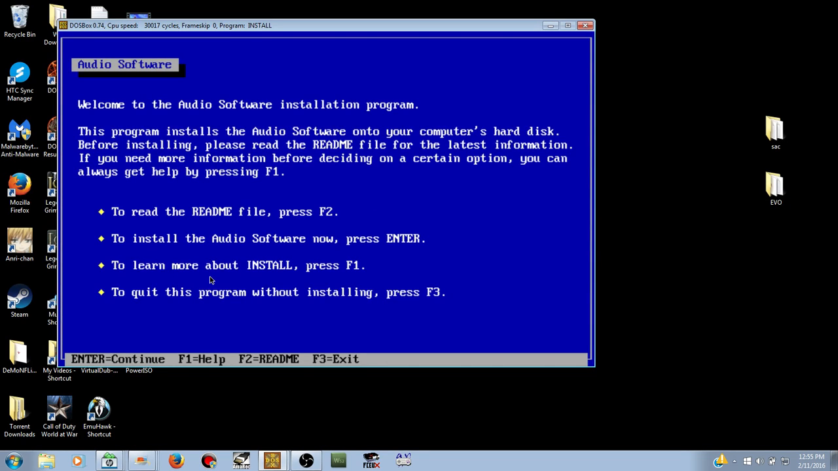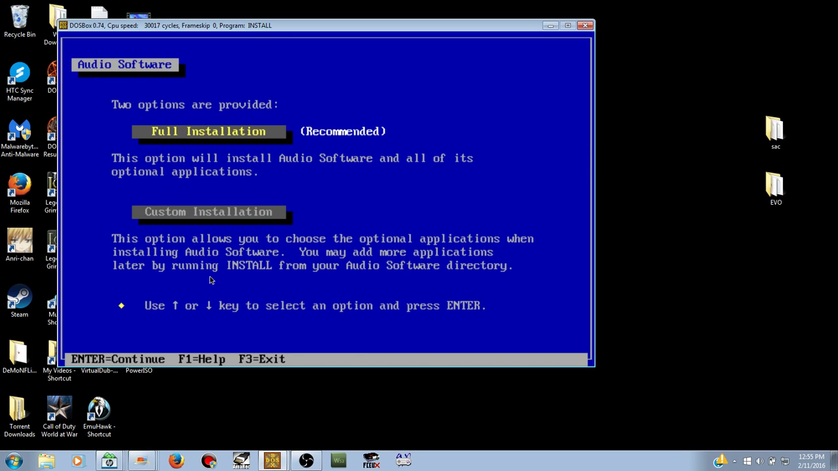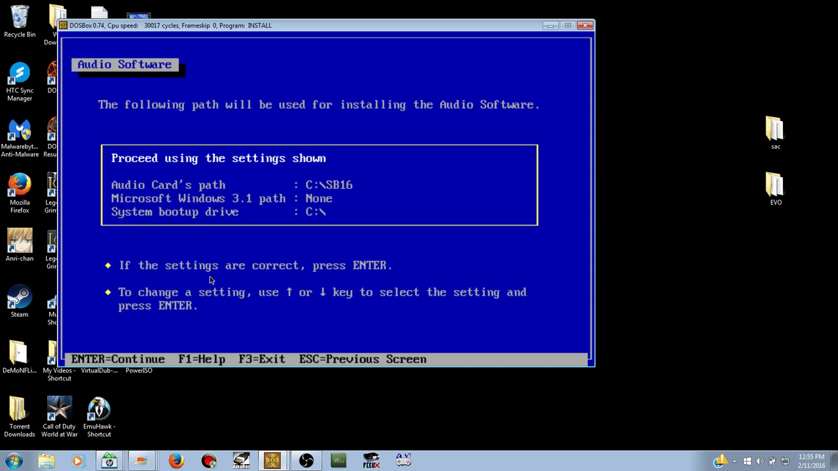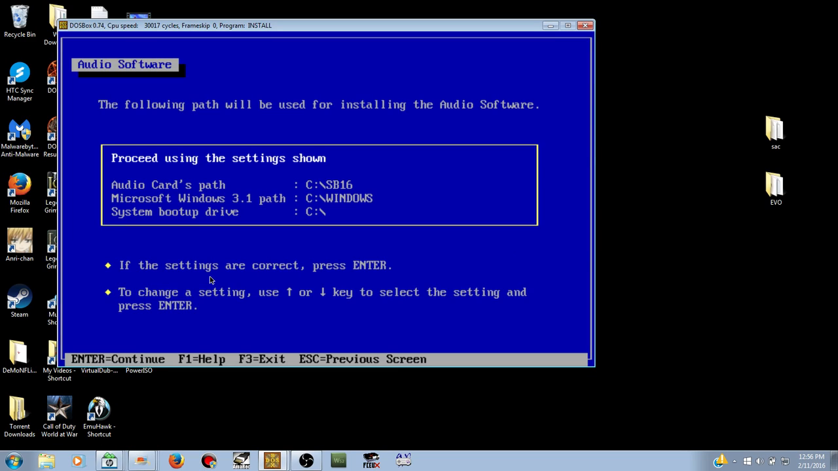Alright, so try to follow this step exactly. Hit enter to continue. Then we're going to do a full installation. It's already highlighted, so hit enter. And in this screen here, using the arrows on the keyboard, click down until you highlight Microsoft Windows 3.1 path. Hit enter. And it should be already highlighted in C drive Windows. This is fine. Hit enter, and